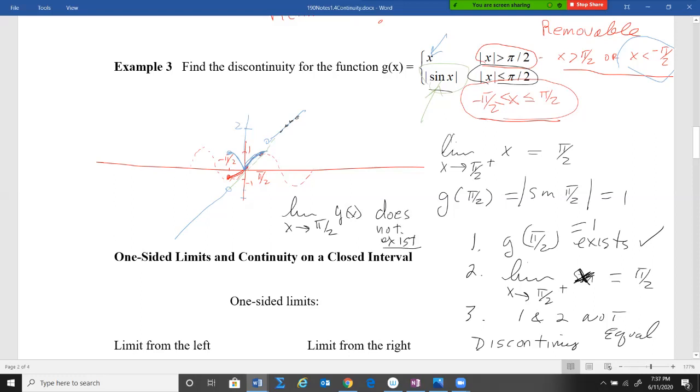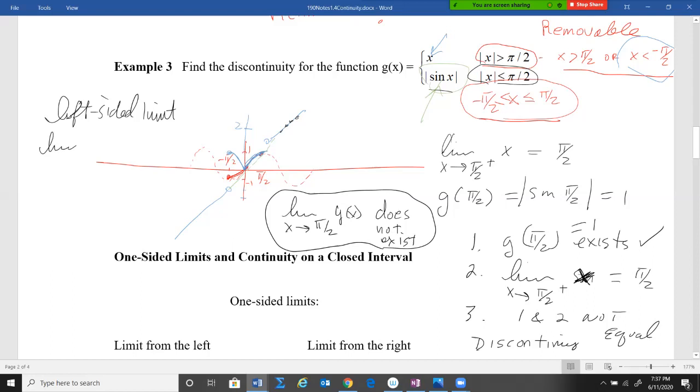And the technical reason is that the left-hand limit does not equal the right side limit at pi over 2. You could say that just outright. That limit doesn't exist because of that. So, the left side limit